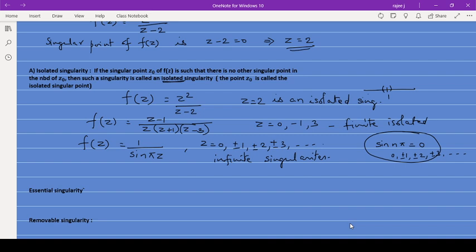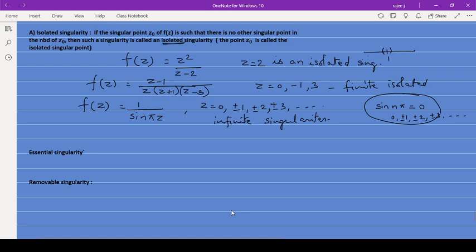They are infinite singularities. Now, essential singularity means sometimes you cannot remove a certain type of singularity. They are essential there. There are many types of this: essential singularity is non-isolated essential singularity, isolated essential singularity, etc. Now I'll tell you one example for that, say for example, if I have a function,